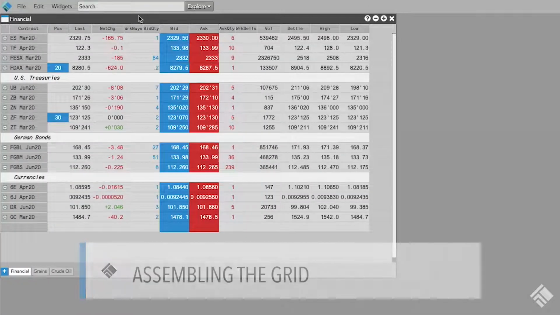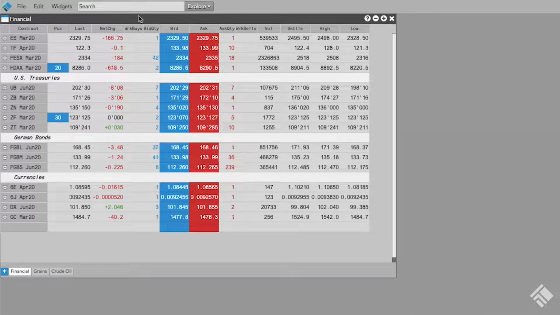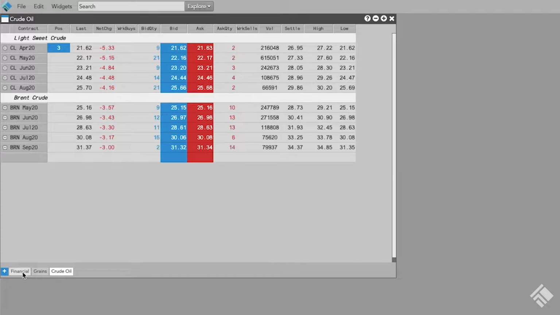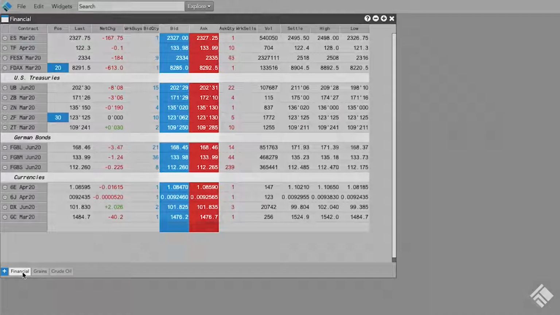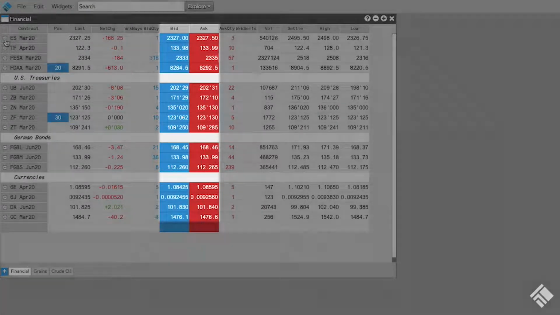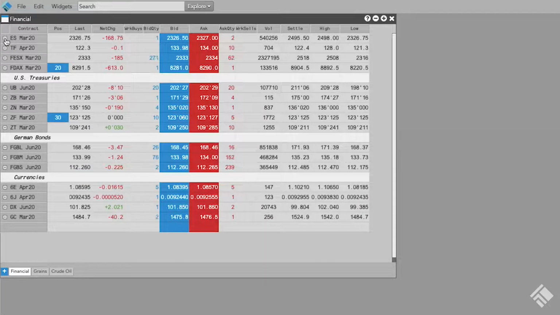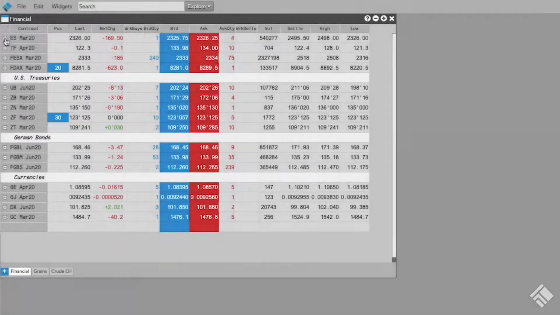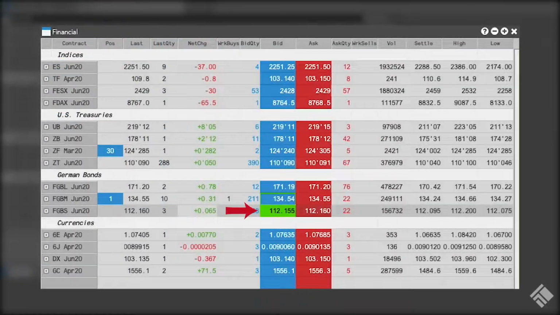Here, we have a pre-configured market grid set up with separate tabs for financial instruments, grains, and crude oil. The market grid displays market data for each instrument. We have the inside market and can expand to view market depth. The market grid also displays open positions and working orders. Working orders at the best price are indicated by a green background,